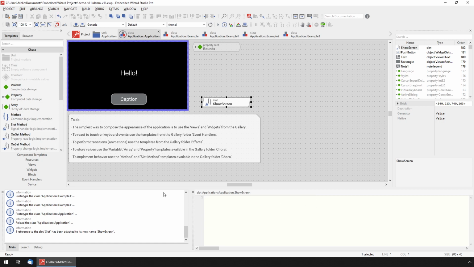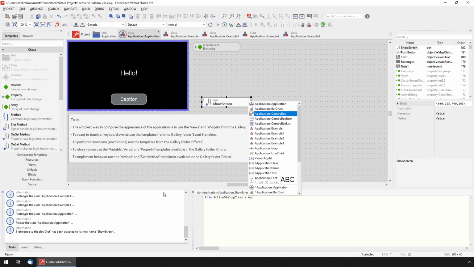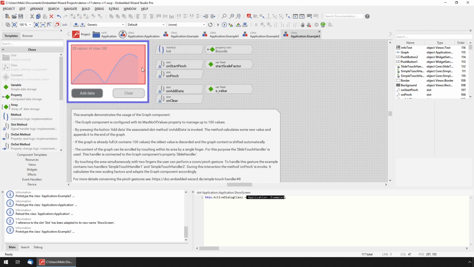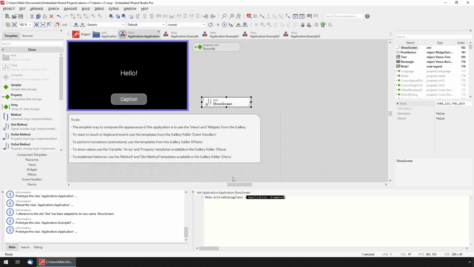So what's new in Embedded Wizard version 11 is that there's a so-called active dialog property inside the root element of an application. So that means active dialog or active dialog class gives the possibility to assign a dedicated application, for example, example 3 element to this property, and by invoking that command, a new instance of this example 3, which relates to our freshly added graph application here, this one is instantiated, assigned to this active dialog, and shown